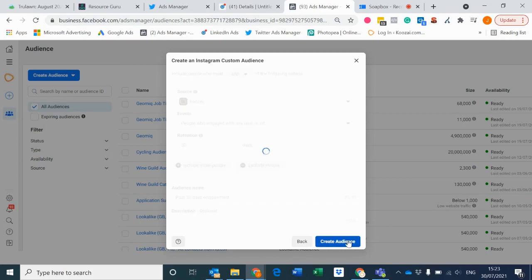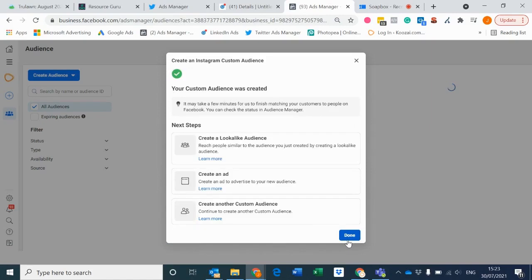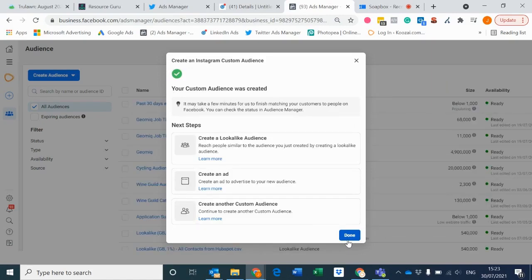And using that audience, you will be able to retarget those users that have interacted and have shown interest with your ad. Of course, the more you increase the retention date, the more people you will end up remarketing, the bigger the audience size will be. Hopefully, this should help in trying to target younger audiences with the new limitations that are coming with Facebook and